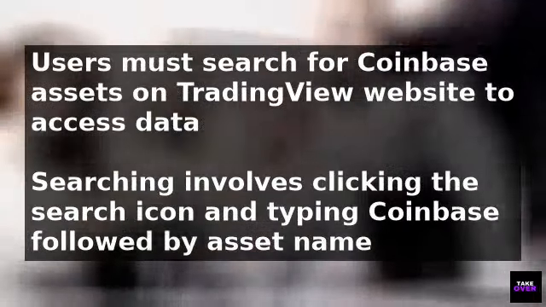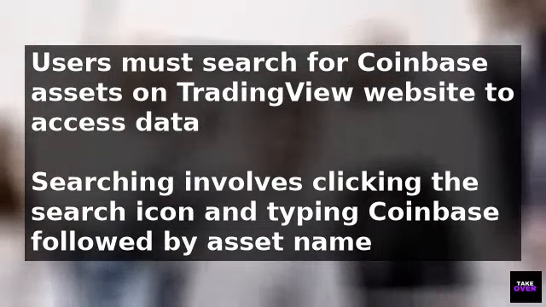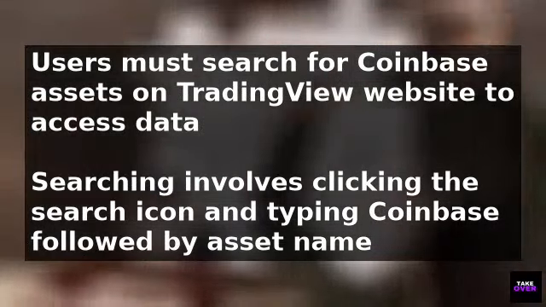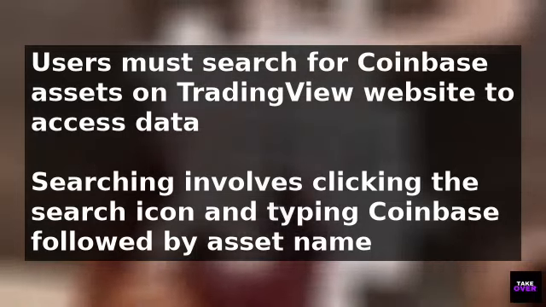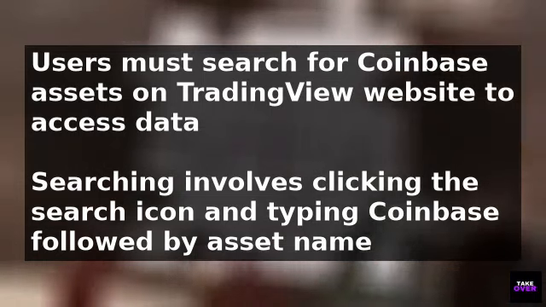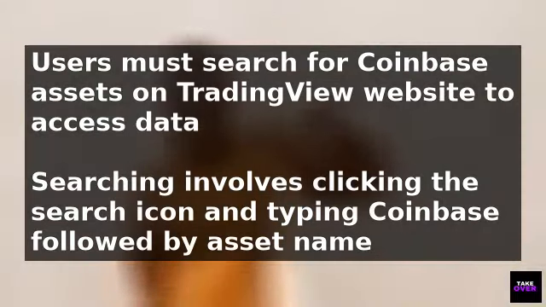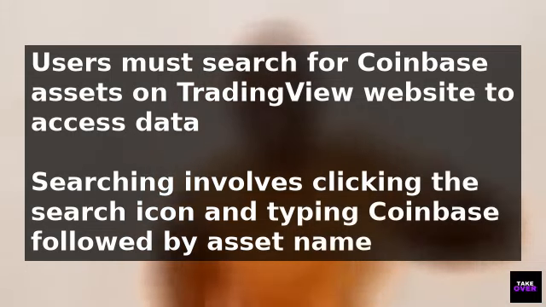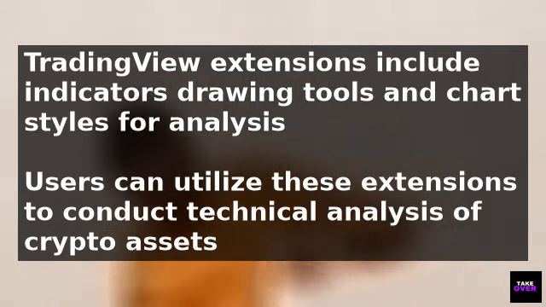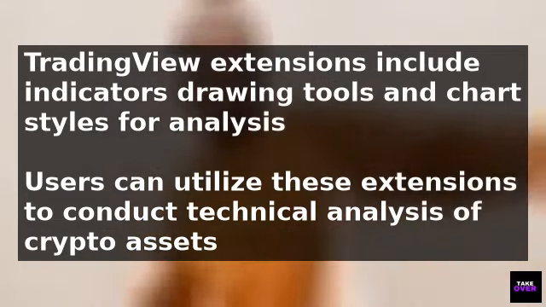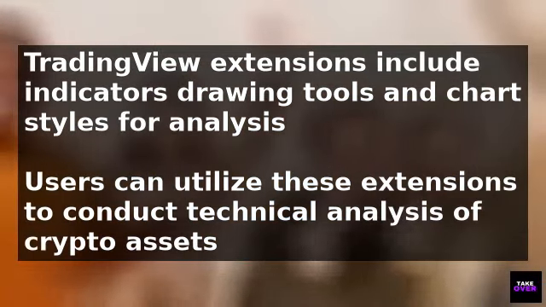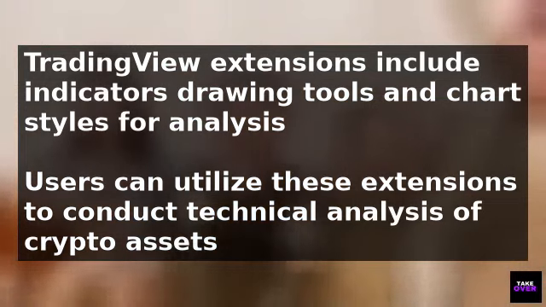To access this data, users must first open the Tradingview website and search for Coinbase assets by clicking the search icon and typing Coinbase, followed by the name of the desired trading pair, such as BTC/USDT or BTC/USD. Once selected, users can utilize Tradingview's extensions, including indicators, drawing tools, and chart styles, to conduct technical